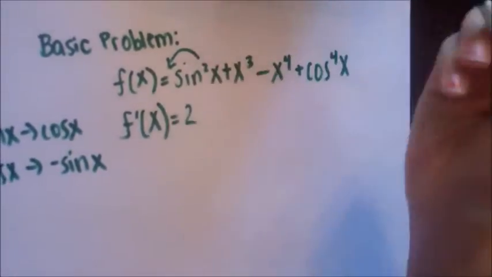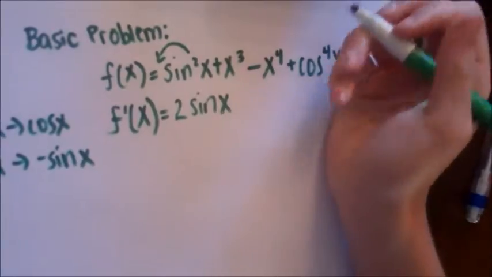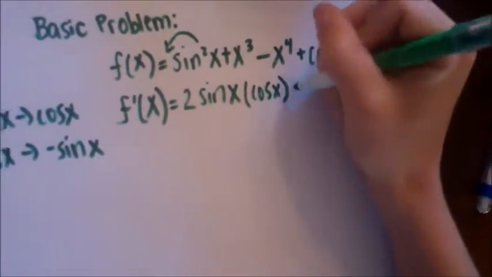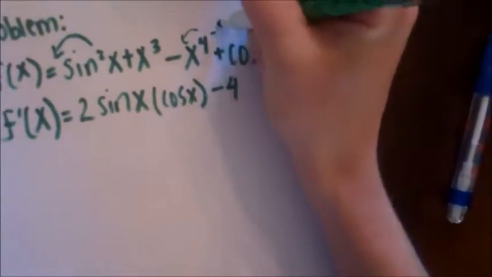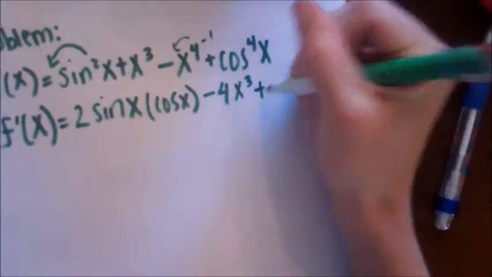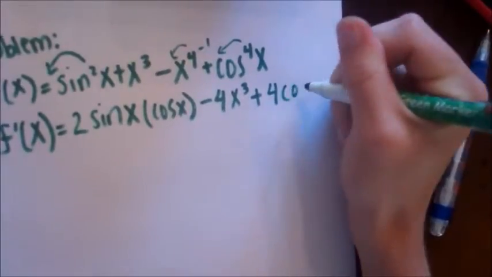Okay, so we have to apply the chain rule here, and to do that, you move the exponent in front of the equation, and then you multiply it by the derivative of the inside. Then we take the derivative of x to the fourth, put the 4 down, and you minus 1, so minus 4x to the third, plus, put the 4 in front, 4 cosine,